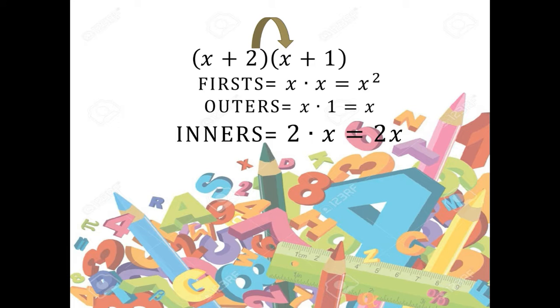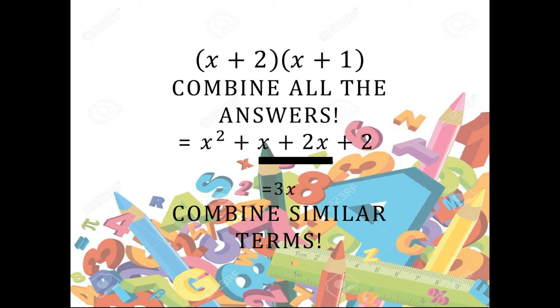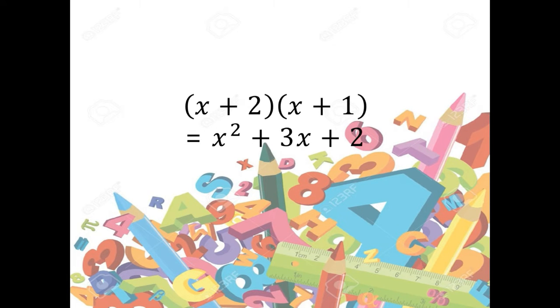Third step. Multiply the two inner terms in each polynomial. Last step. Multiply the two last terms in each polynomial. Combine all your answers from the steps that you did. So, x squared plus x plus 2x plus 2. Since there are similar terms in the answer, combine them. x plus 2x is equal to 3x. The final answer is the quantity of x plus 2 times x plus 1 is equal to x squared plus 3x